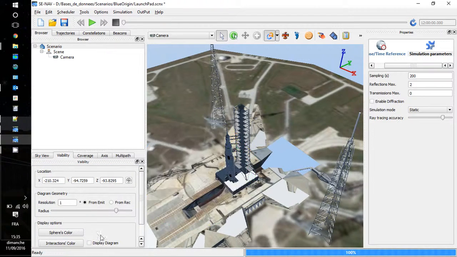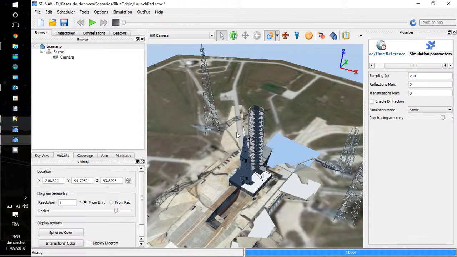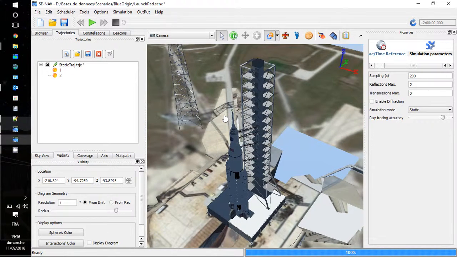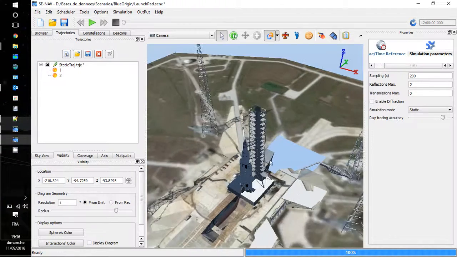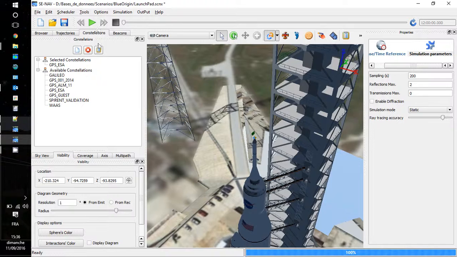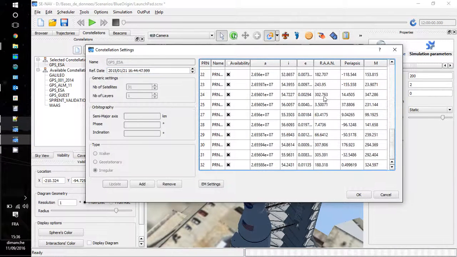So let's display. The second simulation I would like to carry out is a static simulation. So there is no diagram anymore. The purpose of the simulation is to compute the static reception of GPS. I put the receiver on the top of the rocket. So you can see here the location of the receiver, and then I have selected the GPS constellation. So I have just imported an almanac file,